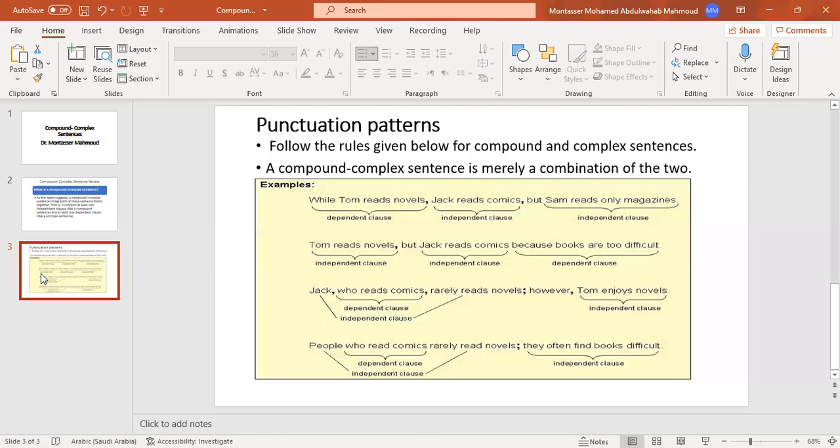So for the previous example, Jack, who reads comics, rarely reads novels. Here, it's just an extra piece of information, an additional piece of information. So here you can use it with the two commas. But if the piece of information is necessary, important, relevant to the context,